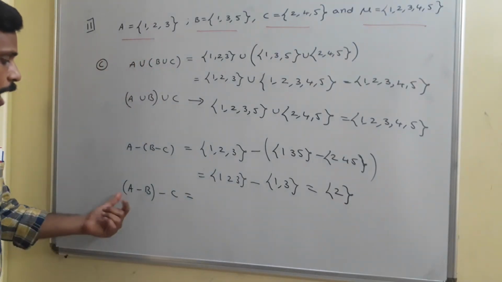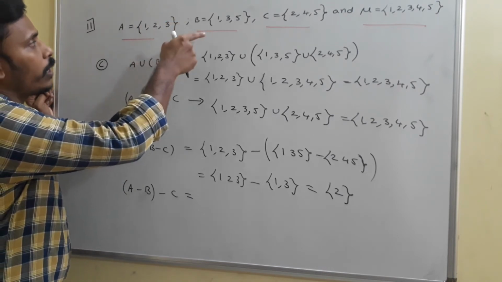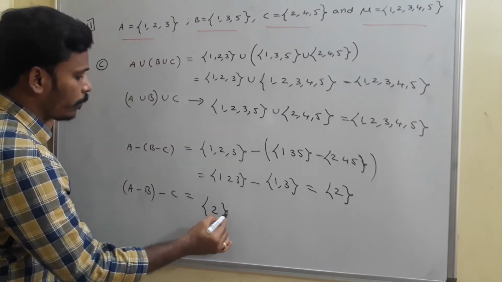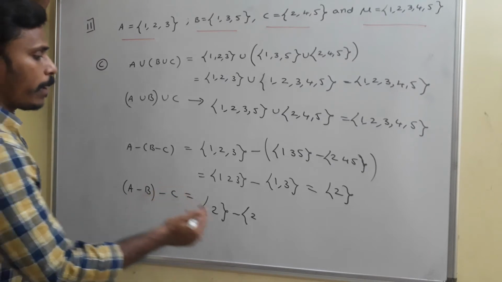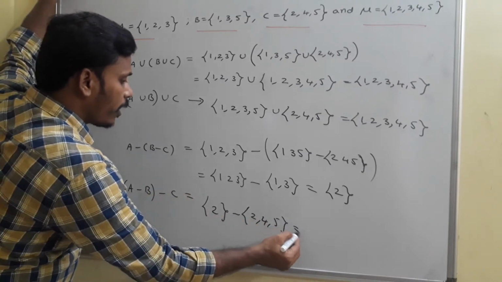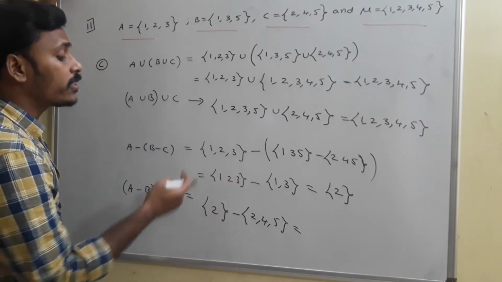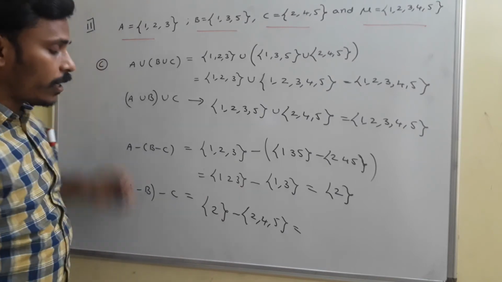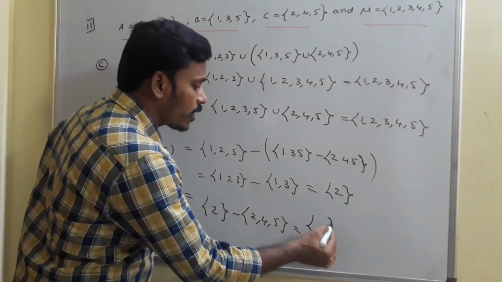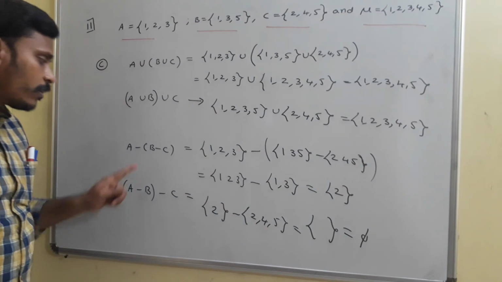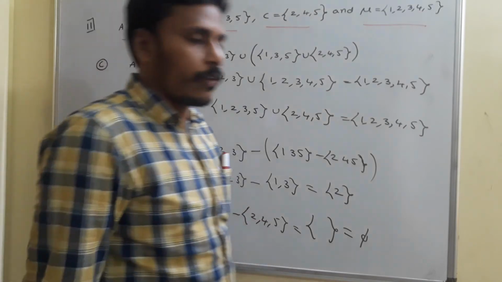Okay. And now A minus B minus C. A minus B means elements in A not in B, and those elements are just 2 only. Minus C, which is 2, 4, 5. So elements in this set but not in that set. The element in this set is only 2, but it is there in that set also. So according to this property, elements in the first set which are not in the second set are not possible, and that's why its result is an empty set. And in that sense, these two are not equal. Is it clear? First observe it and then I will give you the observations.